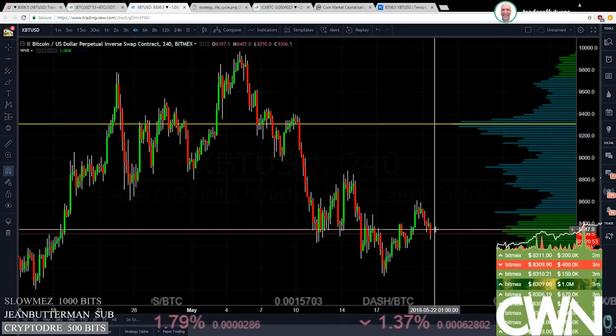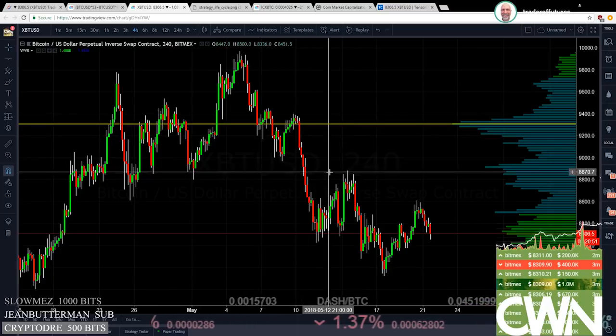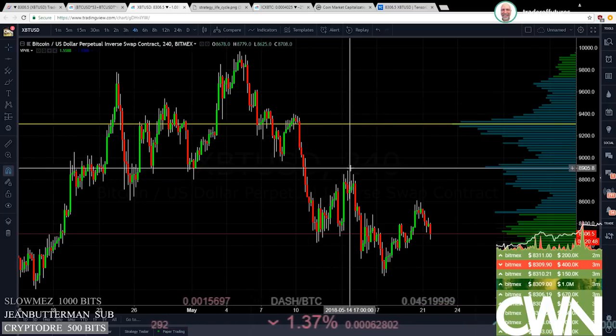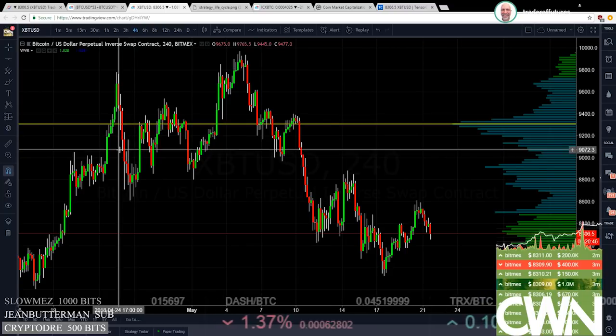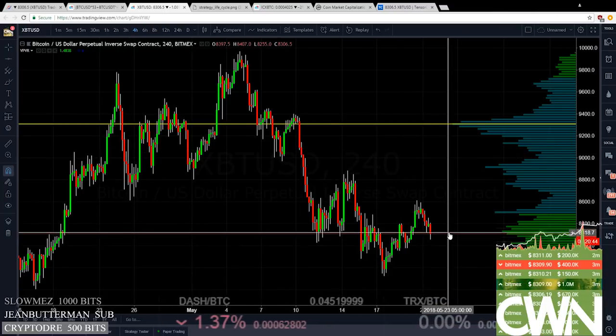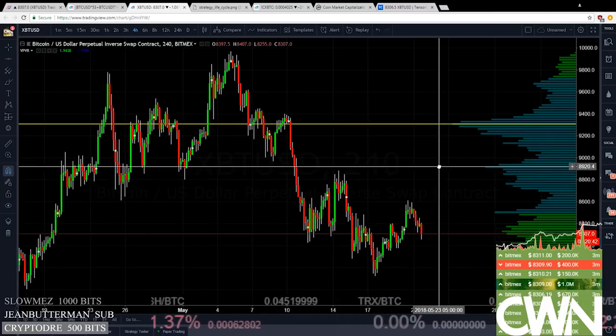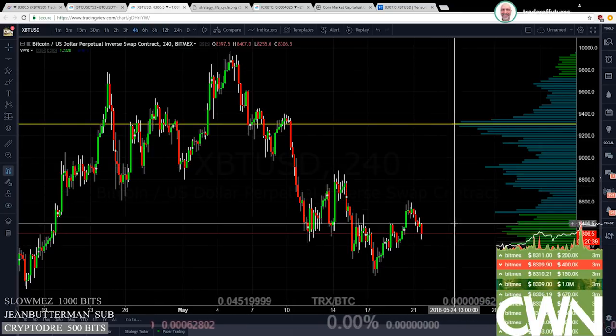Yeah, but when I get down to this level, I'll either create a new chart from it, or I'll just add more lines to it. So I might add more high value nodes.